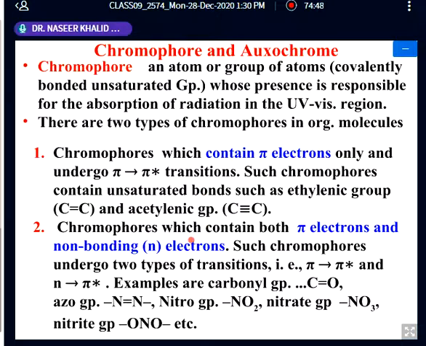Is that chromophore which contains pi electrons as well as non-bonding electrons. A triple bond. There is an atom which is containing, the idea is that nitrogen has one lone pair of electrons, oxygen has two lone pairs of electrons, chlorine is there, it is containing, so no. So it means that they do